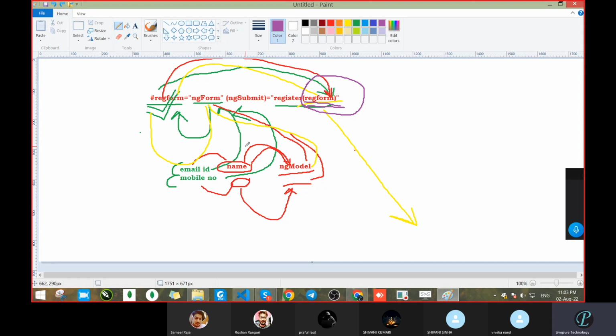So ngForm will control each input field. ngForm will control each input field with the help of ngModel. And with each input field